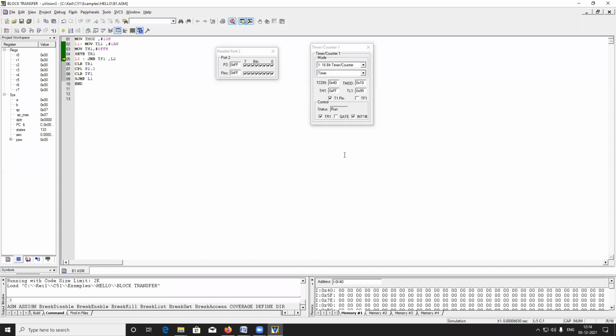Then 11, then 12, 13, and up to the F. A, then next B, then C, then D, then E, then F. F1, F2, F3, F4, F7, F8, F9, FB, FD, FE, FF.